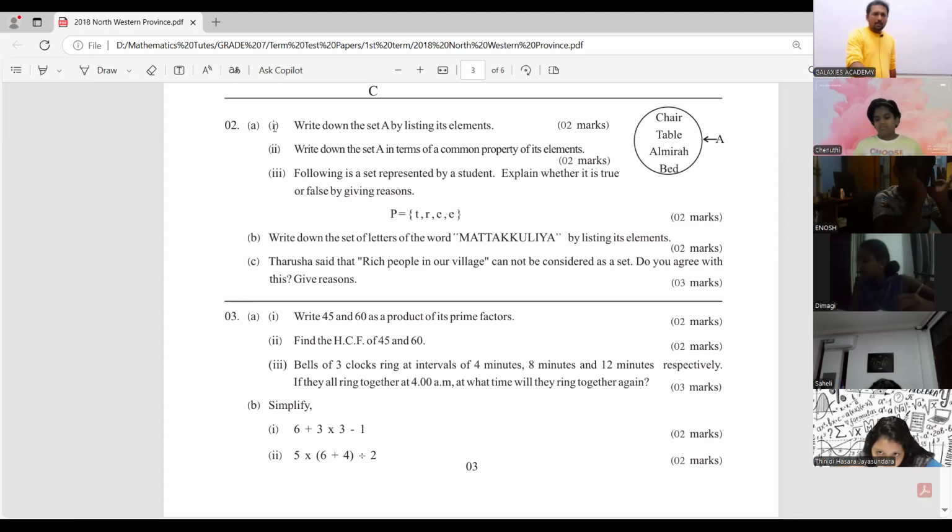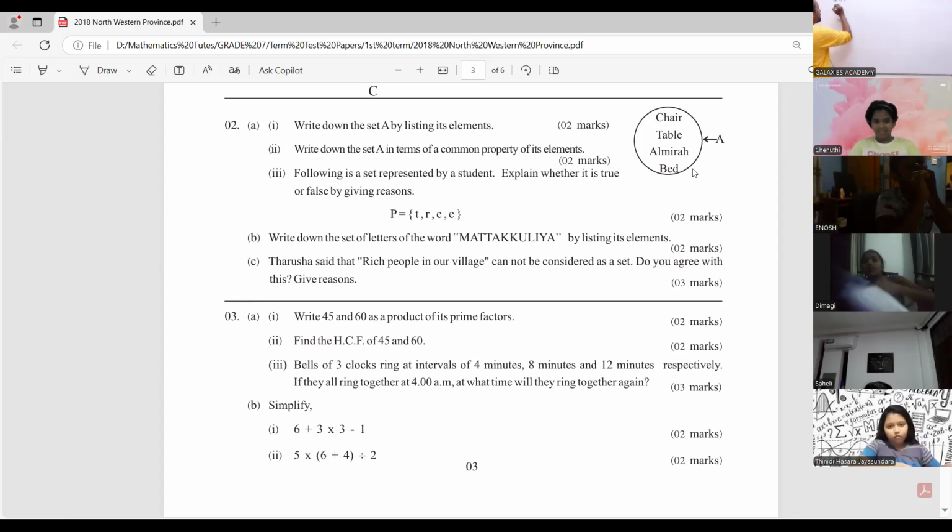Look at A. First part: write down the set capital A by listing its elements. You can see the Venn diagram here: chair, table, almirah, and bed. There are four elements given. So how can you write the answer for the second question of the second part? A, first, Roman number 1. The name of the set given is capital A. So capital A equals,